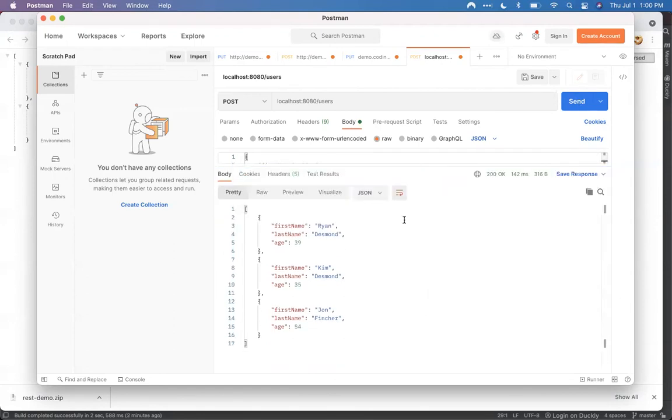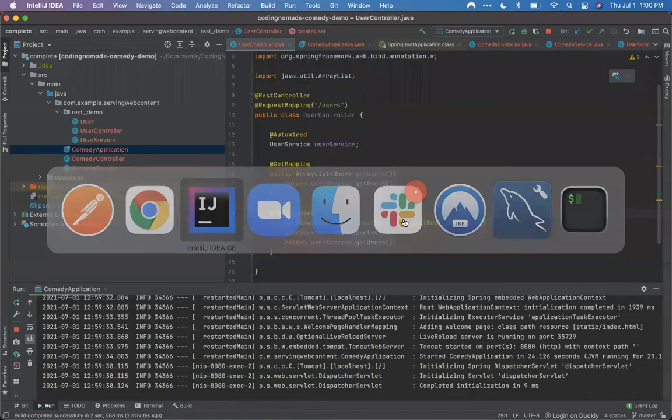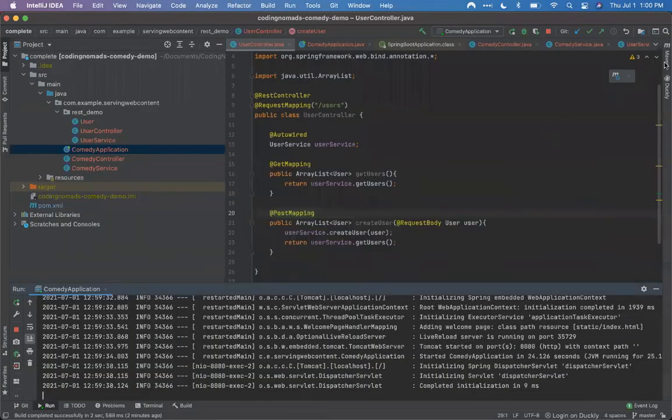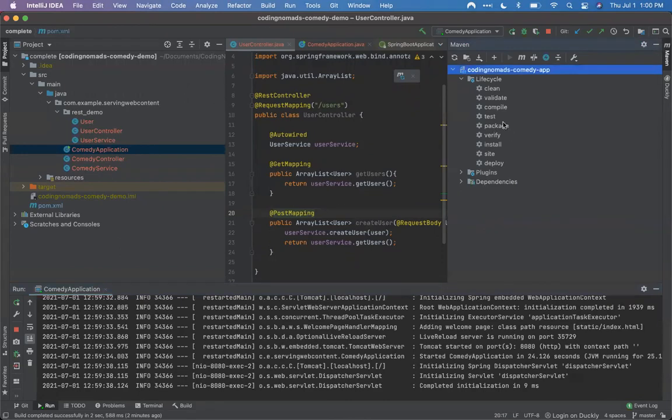And so the next thing that we would do here, just so you guys know, is that we can very quickly compile or package this application into a WAR file. So I could say package right here. And if I double click that, that'll compile this into what's known as a WAR file, which is just a single, basically compressed folder that contains all these classes. And then using a Tomcat installation on any server, there's one or two configurations that you have to make to tell Spring not to use the embedded Tomcat web server, but that you're going to be providing your own Tomcat web server. You basically just drop this WAR file into a particular folder on the Tomcat web server, and it